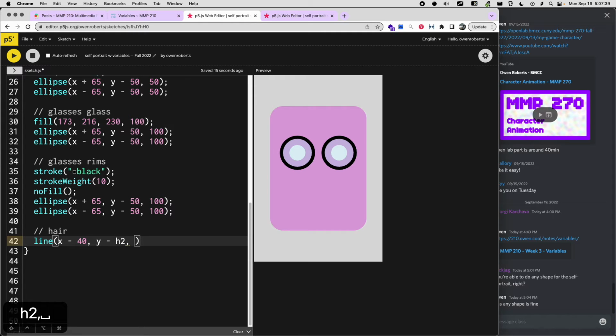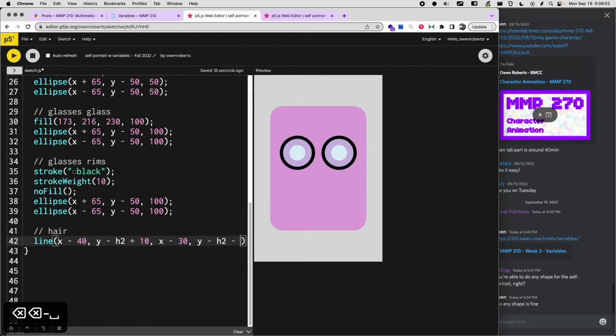So that's going to be the first dot, like here, basically. But we need to actually move it up a little bit and move it down a little bit. So we'll say like plus 10. And then next to x is x minus 30, and y minus h2 plus,